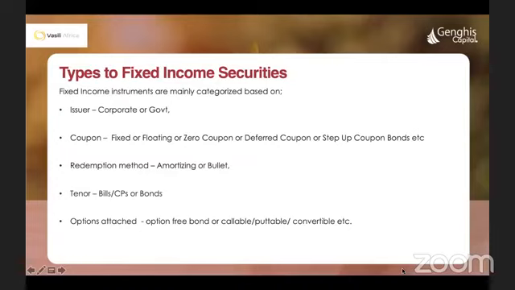Most issuers of such bonds usually set what we call a ceiling and a floor. A ceiling means the highest point beyond which I can't go. A floor means I can't pay you lower than this. So floors are meant to protect investors. Ceilings are meant to protect the issuer. For example, the basis is the 91-day T-bill and we are saying the margin is 4%. If the 91-day T-bill goes to 6%, I'll be paid at 10. Then now the issuer can say, we'll have a floor at 5, and we'll have a ceiling at 12,